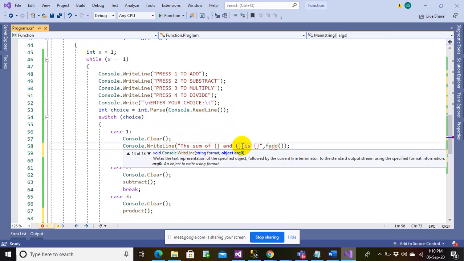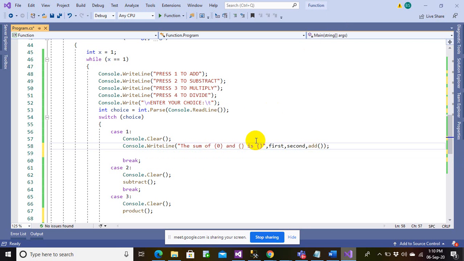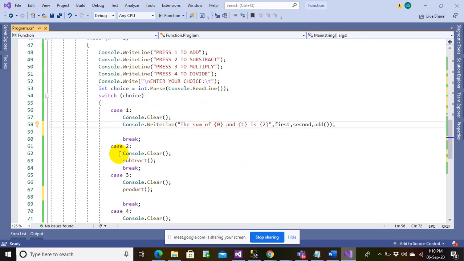This could be your first, second and add function, so 0, 1, and 2, and everything will be repeated in a similar fashion. Instead of this one, I could have a difference.